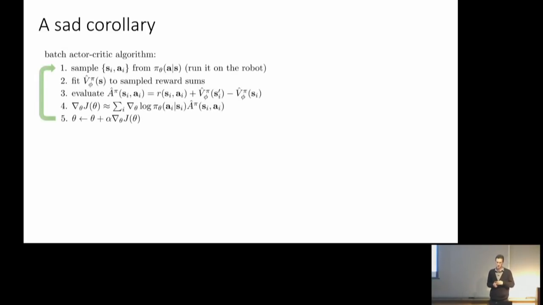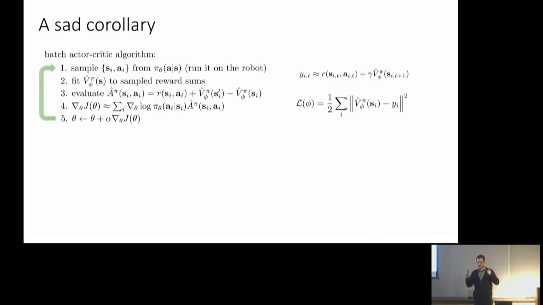Okay, there's also some even worse news. There's another sad corollary to what I just discussed, and that's going to come back to the batch actor critic algorithm. We had this nice batch actor critic algorithm that we derived happily last week, which fits value functions and does the policy gradient. Turns out the bad news applies also to the batch actor critic algorithm with the bootstrap, when you set the y's to be r plus the next v, and then regress onto them. Same problem.